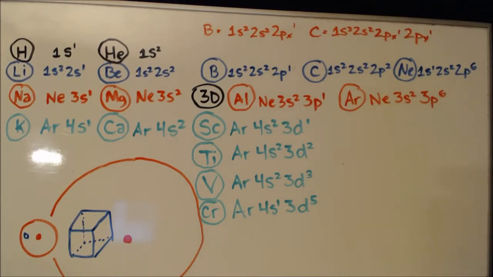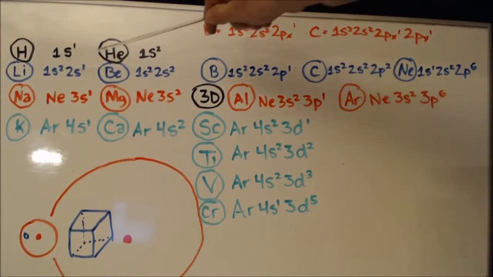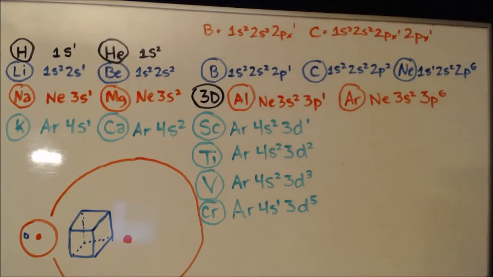Now remember, when you go to the second shell, you always start out with an s orbital every time. So you're going to start out with your same 1s2 because you still have these electrons. Then you're going to move into 2s1. That'd be 3 electrons, and that's what lithium has. Now beryllium has 4 electrons. You still have to fill out your s orbital and have 2 in there. So you'd have your original 1s2,